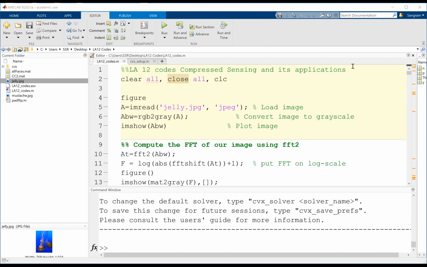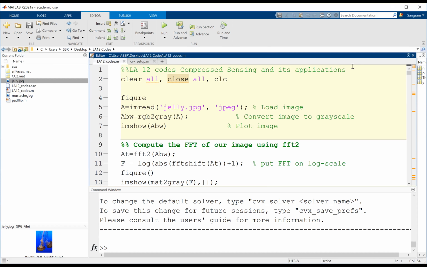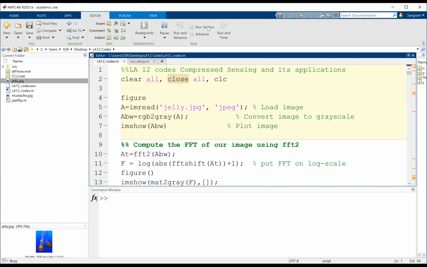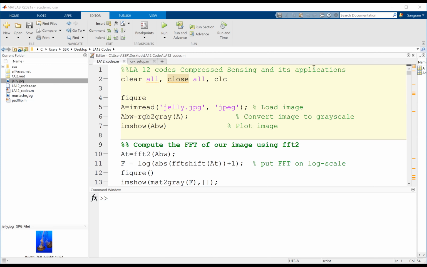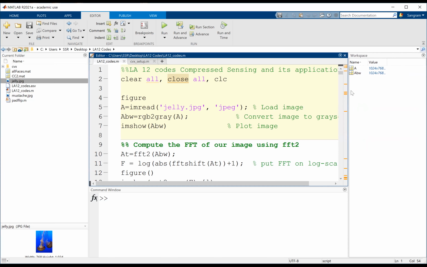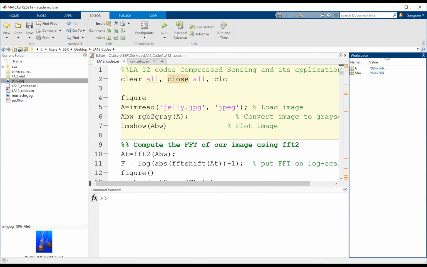In the first section of the code, when I run it, I'm going to capture that image and convert it into an RGB image. So what you should do at this point is run this section. Once you run this section, everybody got that black and white RGB image? Okay. And that image has the dimensions that are shown over here.